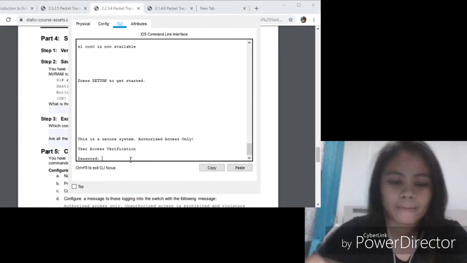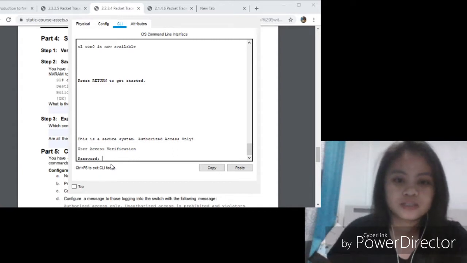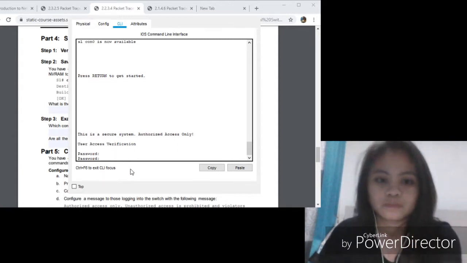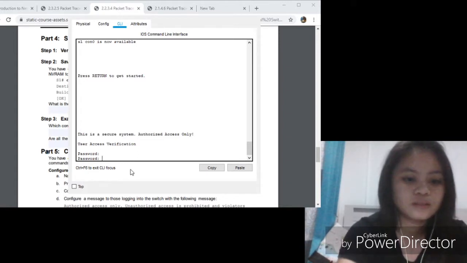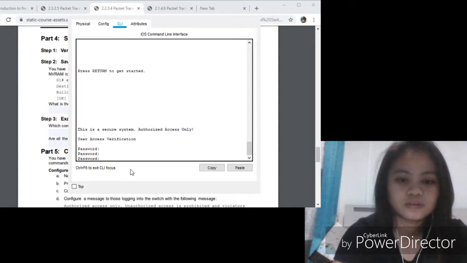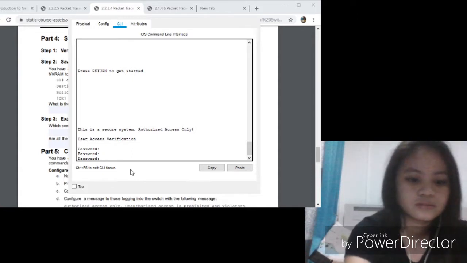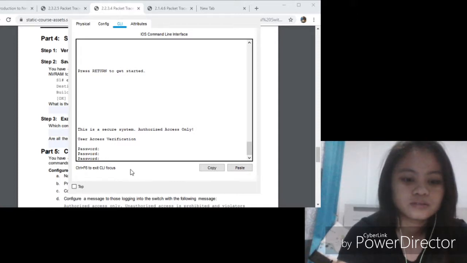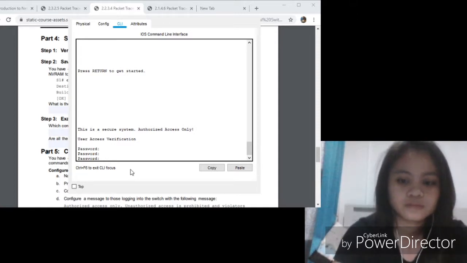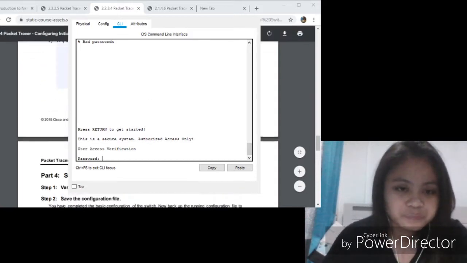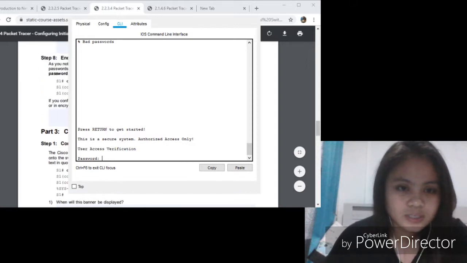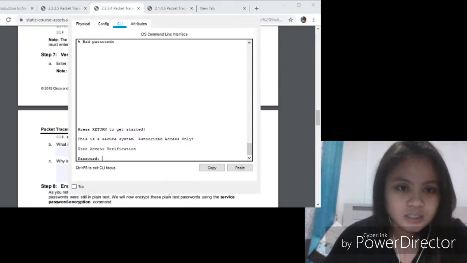The second one is the Cisco C1, then press return to get started. And then the third password is